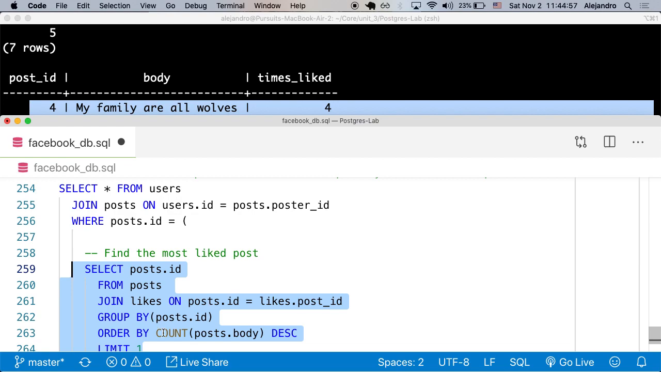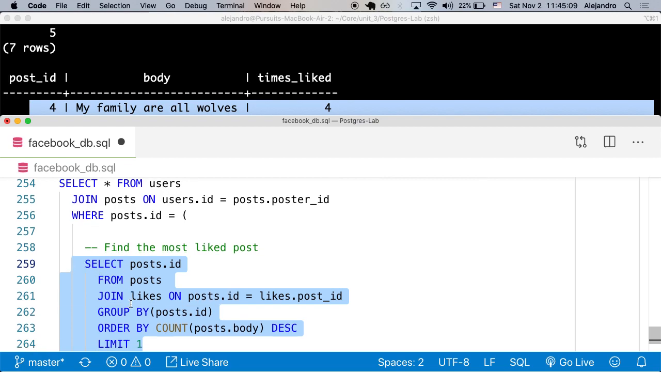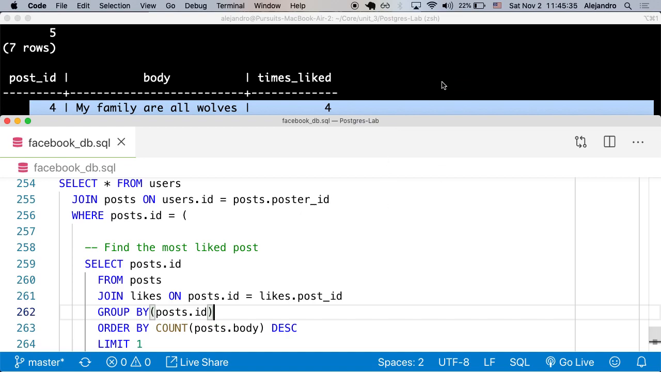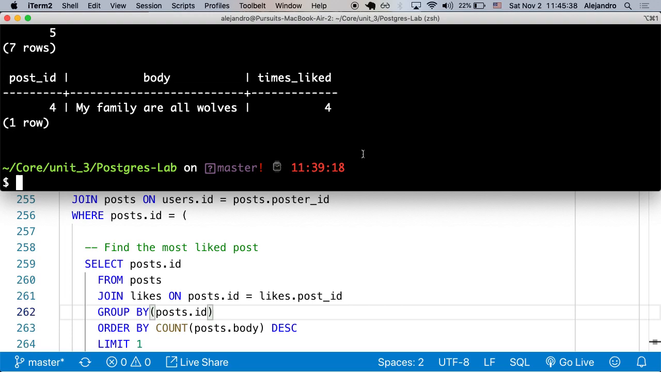So this inner query finds the most liked post. Then the outer query is going with the result of this one, which is the most liked post ID. With the result of this one, I'm going to join the users table and the post table, and then find where the ID that I found to be the most liked matches the post ID that is joined to the users table. Now what that ends up doing is, if we run this,